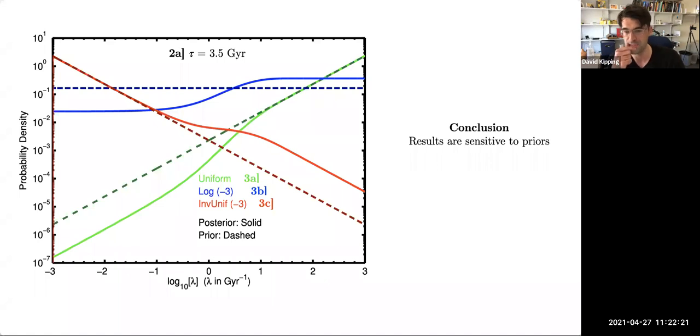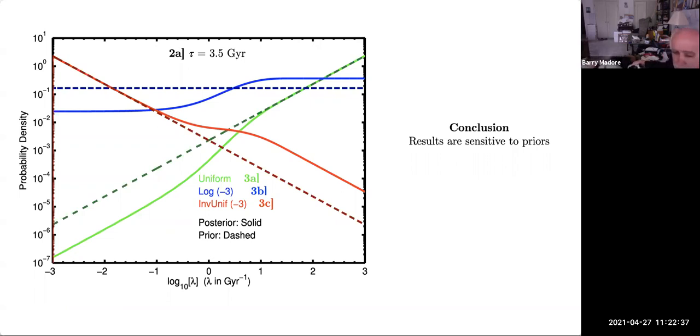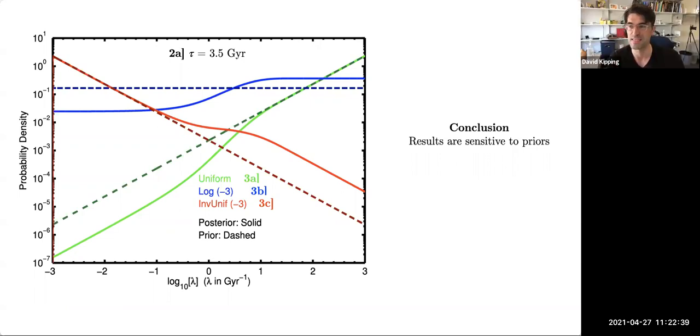And so their conclusion was the results are sensitive to the priors, which is basically always true. I mean, whatever you're doing, in a Bayesian inference, the results have to be sensitive to the priors. It's impossible for results to not be sensitive to the priors. But the results here are particularly sensitive to the choice. As you can see, you get radically different answers. So I appreciate the dog there. I appreciated that point.